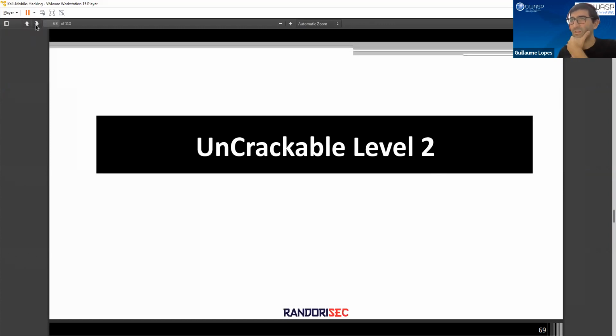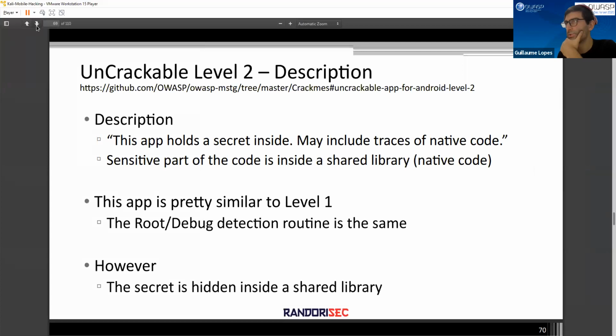Okay, so let's have a look at Uncrackable Level 2, if there are no more questions on Level 1. The idea is that Level 2 is pretty similar to Level 1. We have a secret inside this application, and we have some clues about using native code. In fact, we are going to see that the sensitive part of the code is inside a shared library. So I hope you like reverse engineering binaries, because we are going to do that